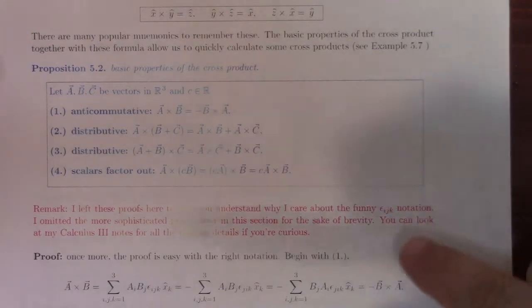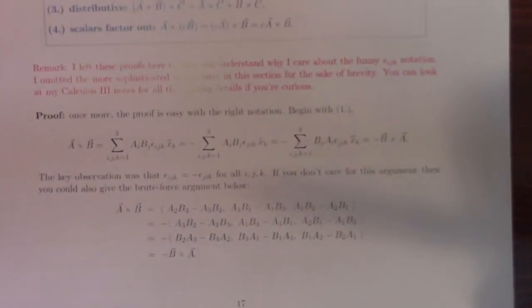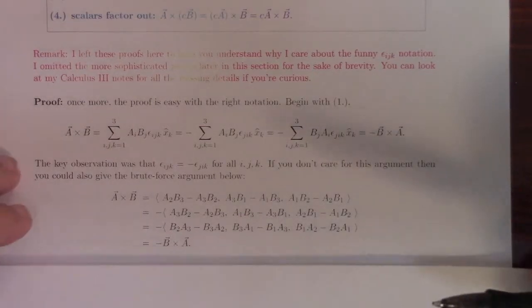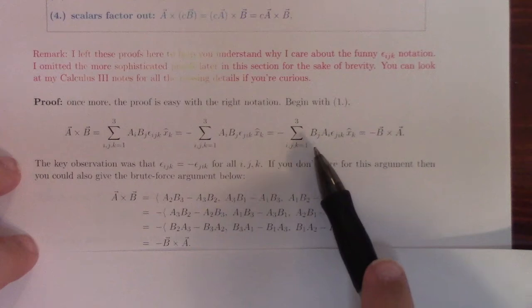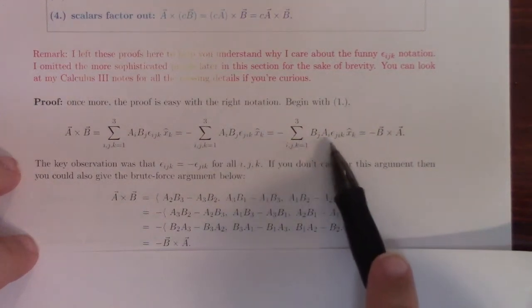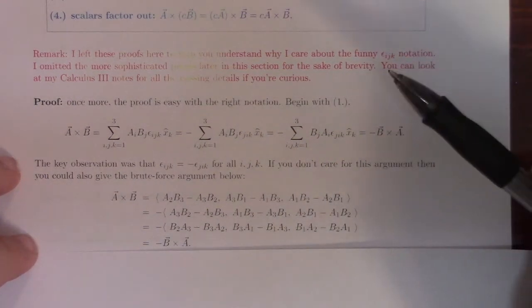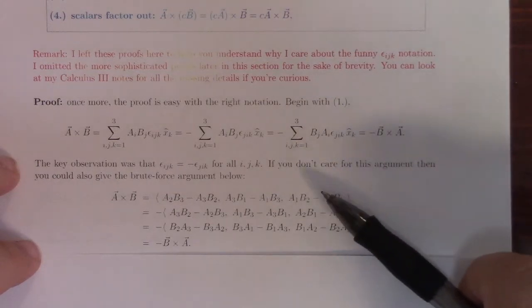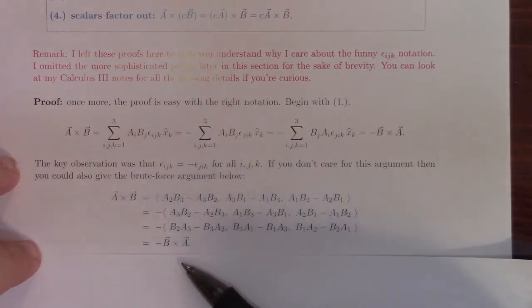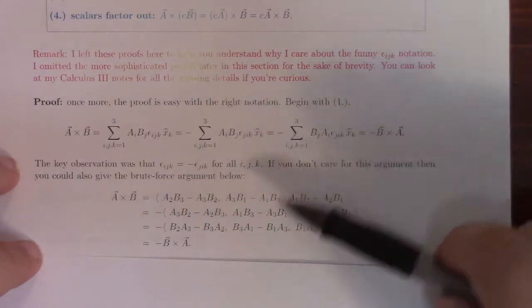But here's what the proof of A cross B equals minus B cross A looks like in the epsilon symbol notation. This equals that. I flip the order of B and A and I flip the index to get a minus. And there it is. In the brute force notation, which I think I did in class actually, it takes all this. That's not too big a difference, but you know,